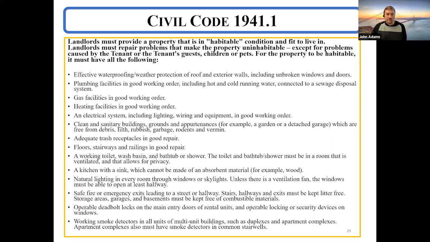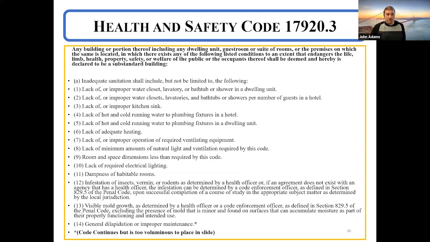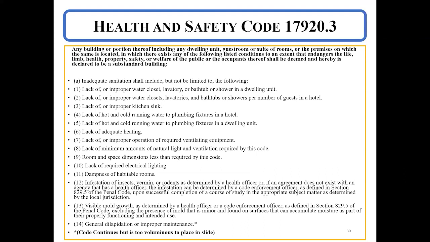It includes things like adequate trash receptacles and functioning heating. Incluye cosas como basureros aceptables y calentamiento suficiente para esa unidad. The second of these laws is a health and safety code known as 17920.3. El segundo se conoce como salubridad y código de seguridad